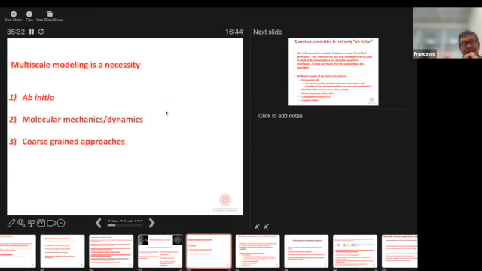So what I will be discussing now, I've taken a longer time than I thought, are 3 major points. One is ab initio models, and the meaning of ab initio models in quantum chemistry. The second point is molecular mechanics, molecular dynamics, and then the coarse-grained approaches. There are lots of other things I could be discussing with you, but for instance, one is the theory of signals that I think is becoming extremely important nowadays, but of course there will be no room for that.